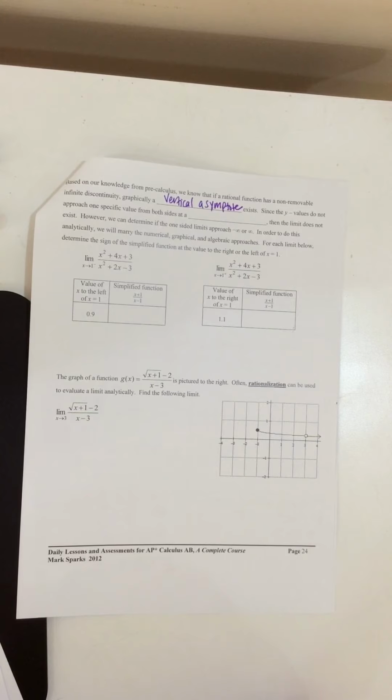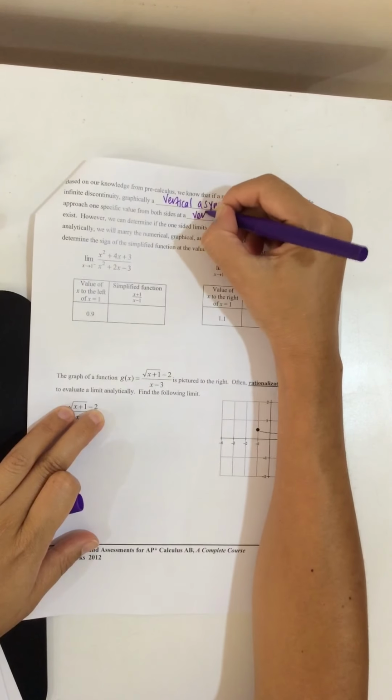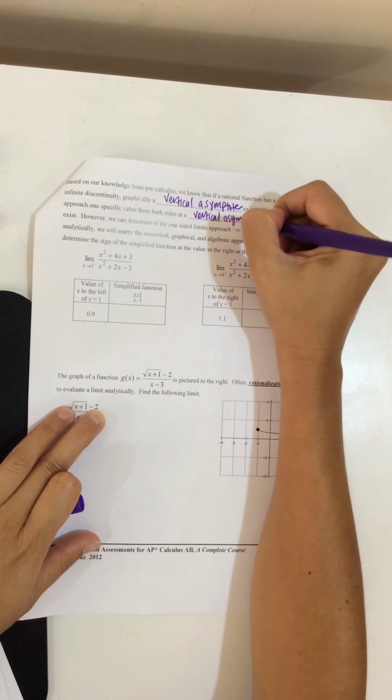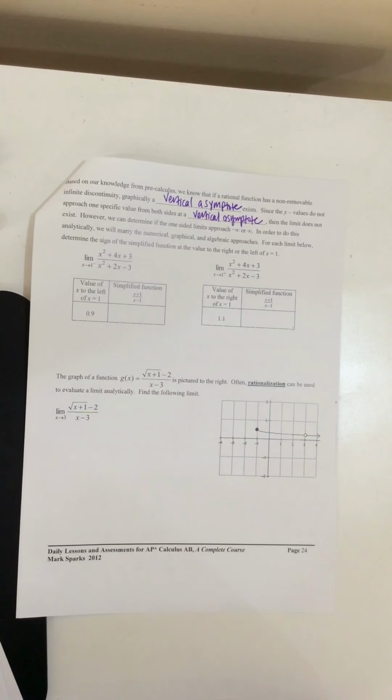That exists. Since the y values do not approach one specific value from both sides at a vertical asymptote, then the limit does not exist. However, we can determine if the one-sided limits approach negative infinity or positive infinity, like we talked about. In order to do this analytically, we will marry the numerical, graphical, and algebraic approaches. For each limit, determine the sign of the simplified function at the value to the right or the left of